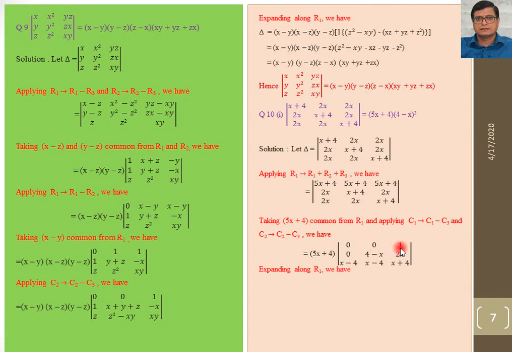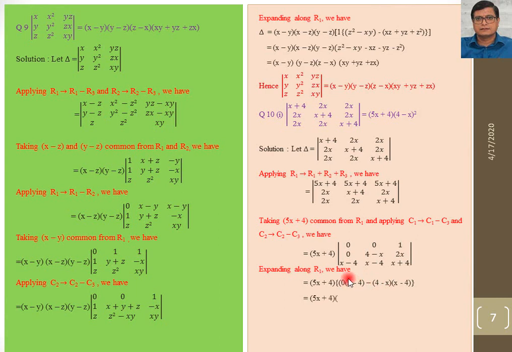Now in this particular question we are getting these two zeros along R1 as well as along C1. So now you have the choice, either you can do the expansion along R1 or along C1. This is up to you; along whichever row or column you want to do the expansion, there is no problem. Since this is a non-zero value, I am doing the expansion along R1, so hiding R1 and C3. So 0 into x minus 4, minus 4 minus x into x minus 4.